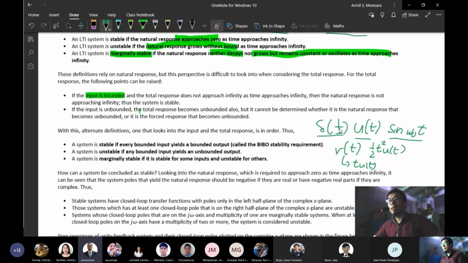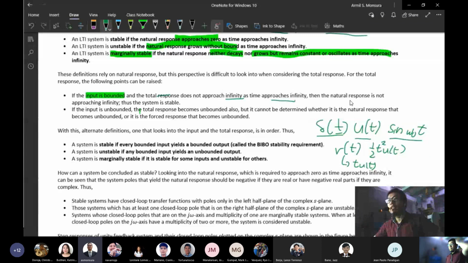Now, if you have an input of delta t, u of t, or sin u of t, and the total response does not approach infinity as time approaches infinity, ibig sabihin, hindi umakyat sa isang unbounded value yung total response nyo,